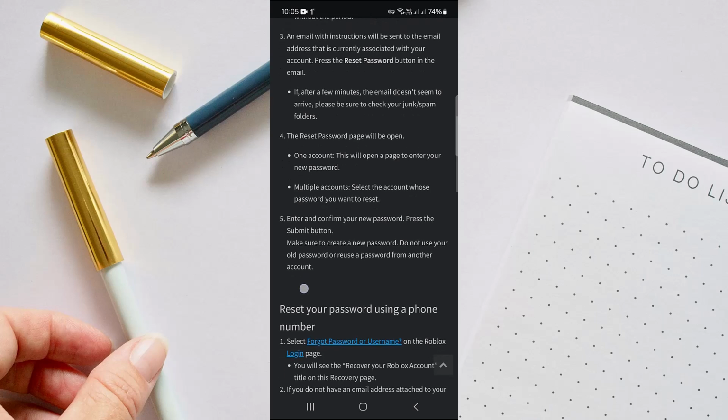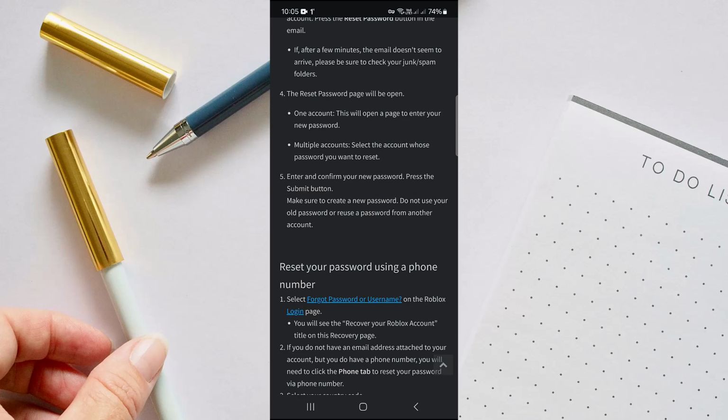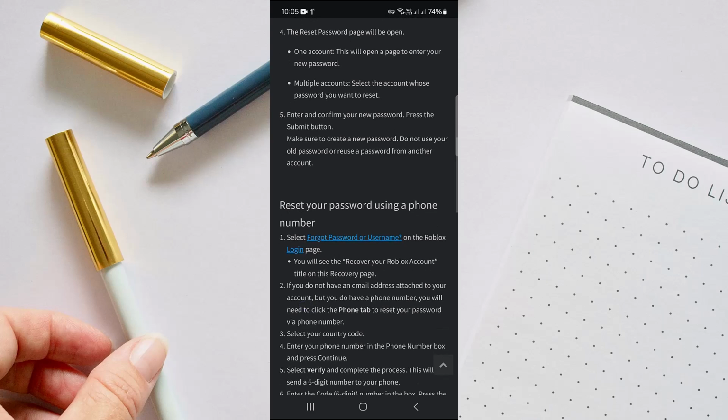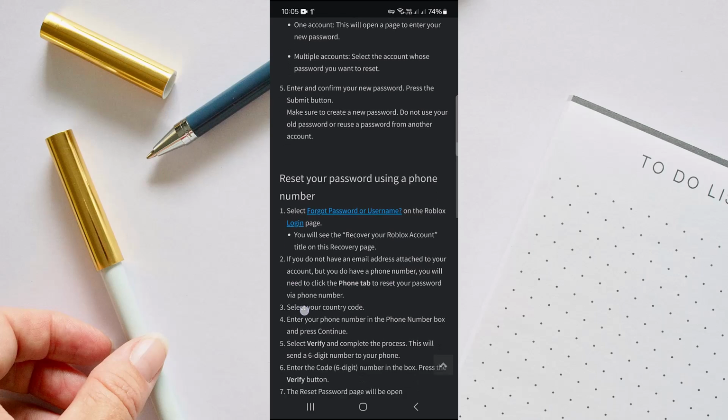And then there's another way. You can also reset your password using a phone number. You have to go to the forgot password or username page. And here, if you do not have any email address attached to your account, but you do have a phone